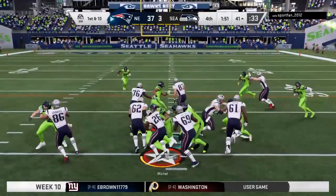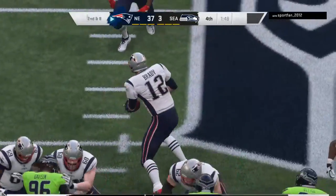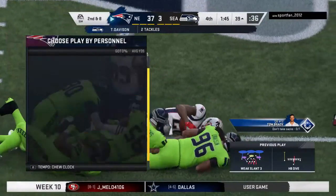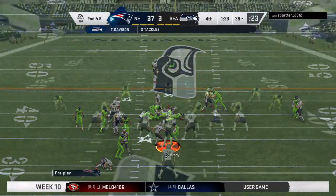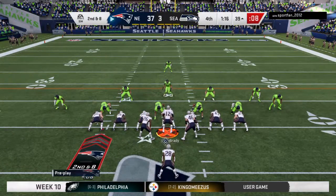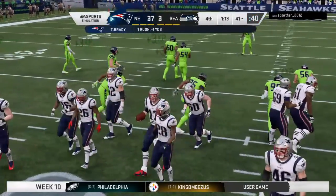On first down, Michel. And this winds up a pickup of 2, maybe 2.5 to about the 39. They tried a quick hitter inside, but that one was swallowed up because what they're hoping is that those big defensive linemen will take the bait and move laterally and open up a crease that they can run through. Didn't happen on that